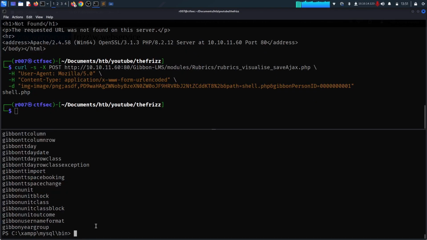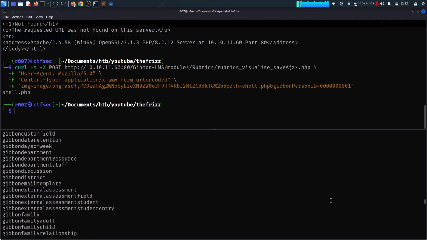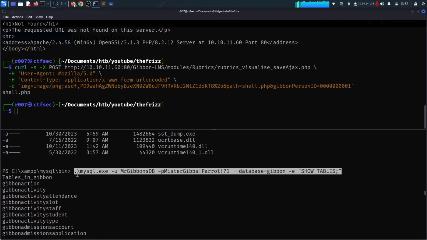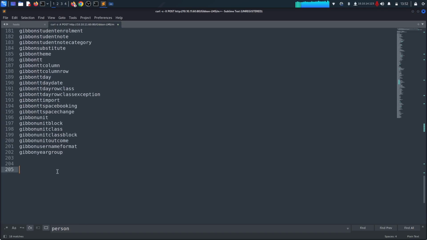So what we're going to do is probably bring back the last command we executed and just make some modification to it. We already have the connection. What we just need is to see what is inside the database. So we're going to use the